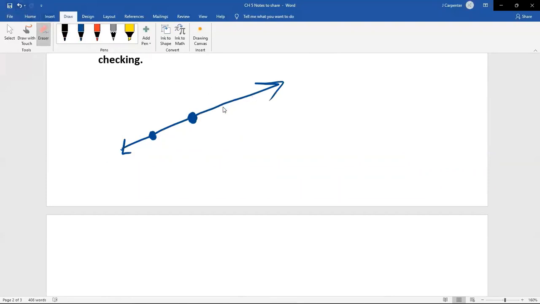If I were to erase this third point instead, it's still the exact same line. If I had 4 or 5 or 20 points, this line is still going to look the exact same every single time I add another point because the pattern is consistent. Ignore this difference in sizes of them. I'm just trying to show you a whole bunch of different points. No matter how many of those points I have or keep adding up there, it's not going to change the